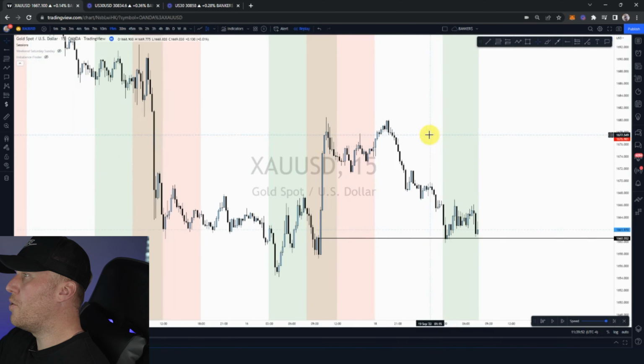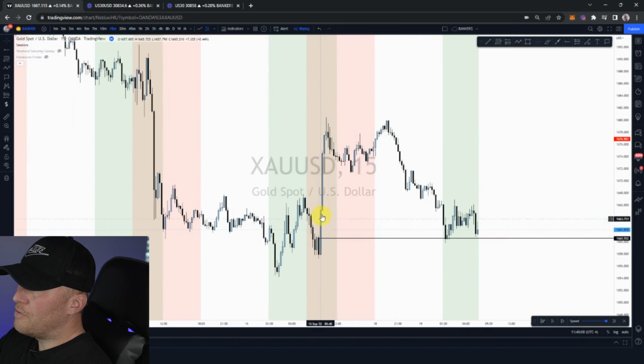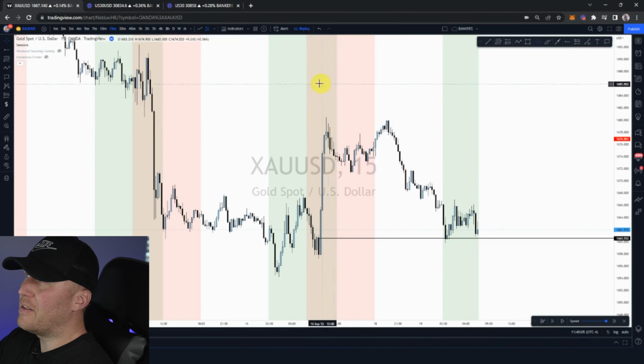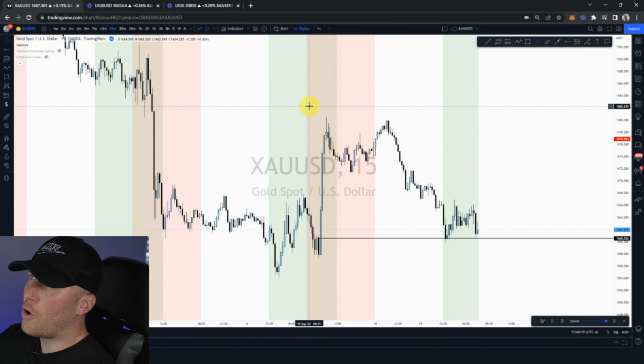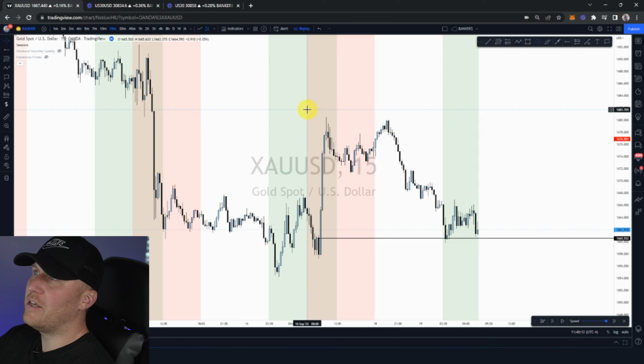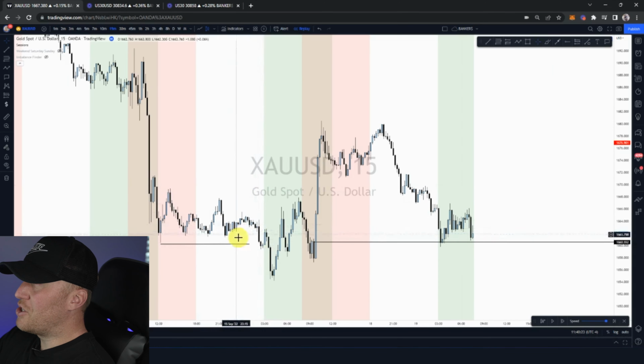So here on gold, we can recently see that we had a very strong push up. So we saw price have a massive expansion to the upside, and you can notice that it happened right in this maroon background here, indicating the London-New York Open that starts at 8 a.m. Eastern. So prior to that, we can see that price kind of had a big push down and then just moved sideways. In the London session, we can see price pushed in below that level and showed a nice reaction, and